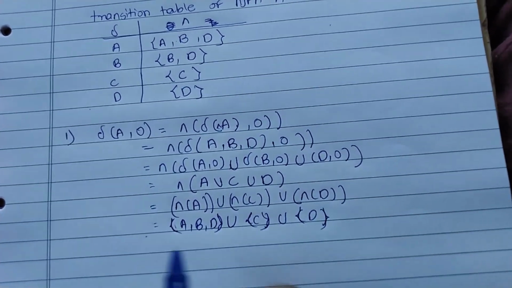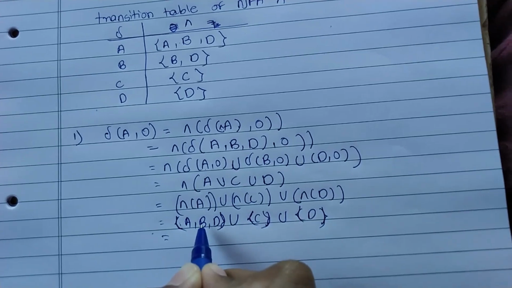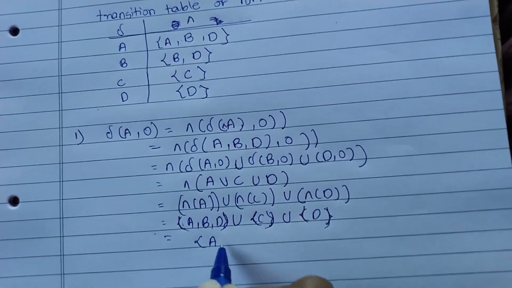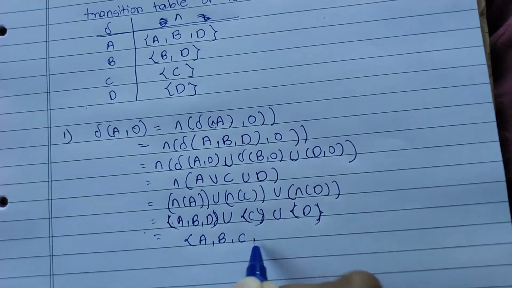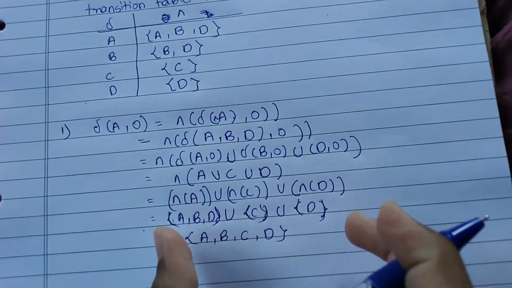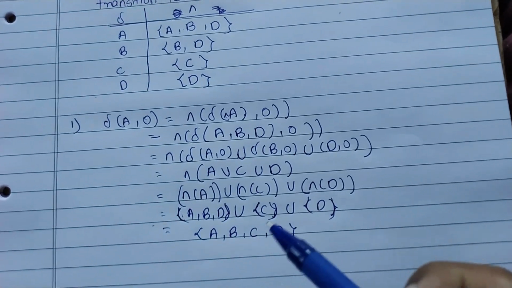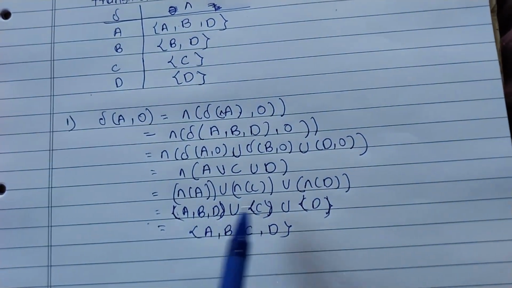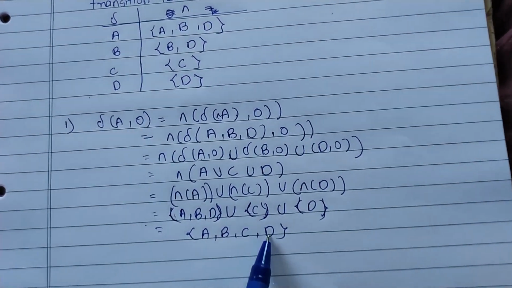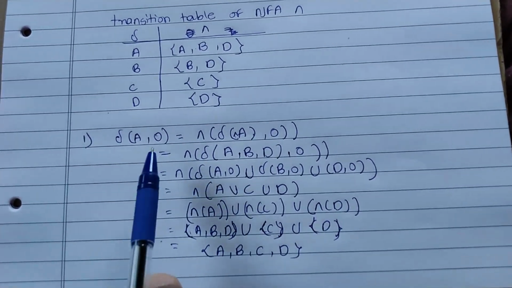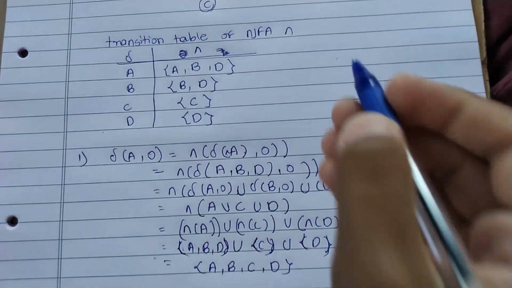The final answer is nothing but A, B, D and C. We write sequentially A, B, C and D. Union means combine all these sets, but one time, not writing any value twice. So here is D, here is D, so only one time we write D. So this is the final answer of A, 0. So we write here